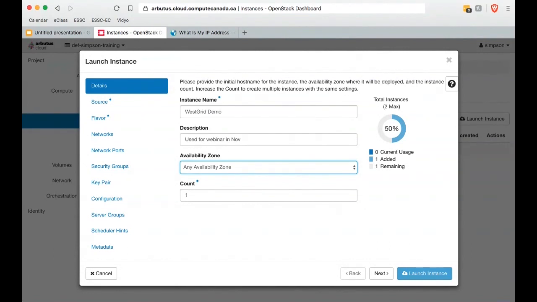So, partially to Scott's question about what types of CPUs are available, at the very highest level there are 2 types. One we refer to as persistent, the other we refer to as compute. Persistent are CPU cores that are shared many different ways. I believe it's 8 times. It might be as high as 10 times on Arbutus.